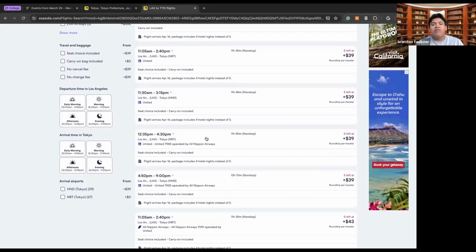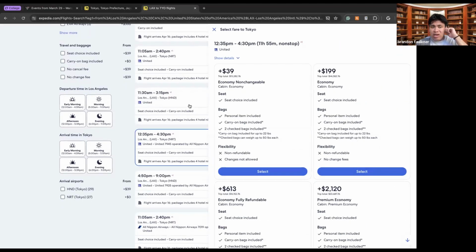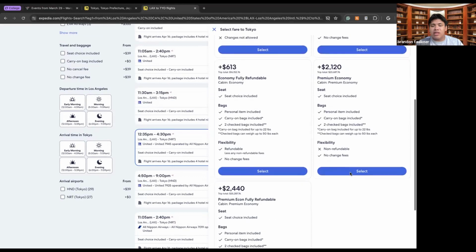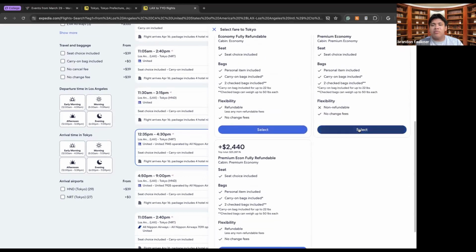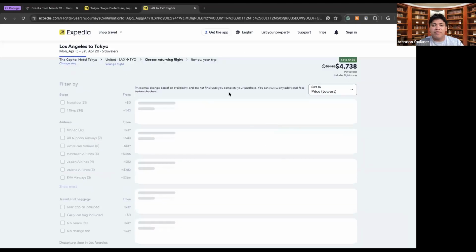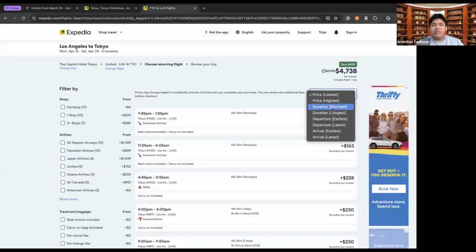So let's say I want to go for this one that is at 12:35 to 4:30. Let's say I want to go premium economy here. So we can look at the price from lowest to highest, duration from shortest to longest, departure from earliest to latest.